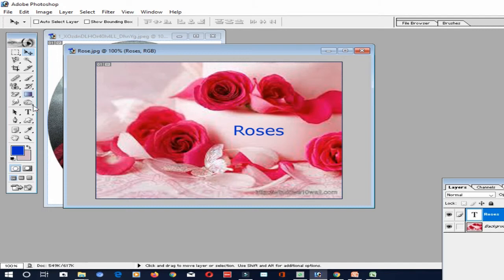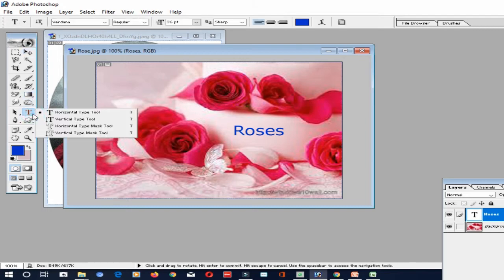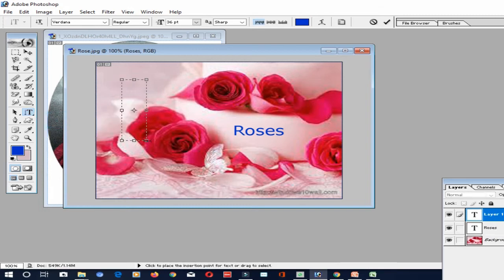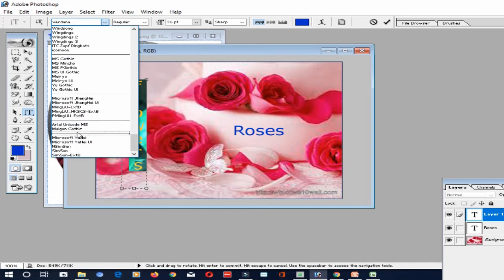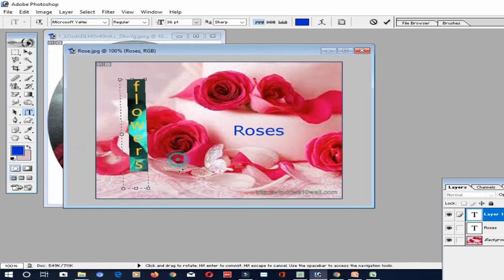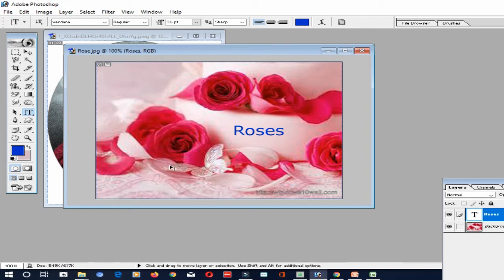Vertical type tool. The same way you can hold the text. If you want to toggle between the horizontal and vertical type tool, you can press capital T from the keyboard or shift plus capital T, or you can select from the text tool also. If you wanted to type in vertical, I can type that also. Same way you can change the font style, size, all these things. Okay, if you wanted to change it after typing also, it's possible. There are more fonts available here that can be changed. Okay. Next is what? Warping text.